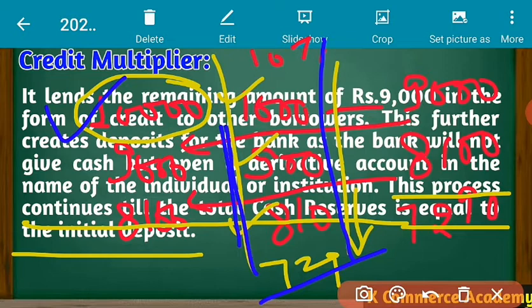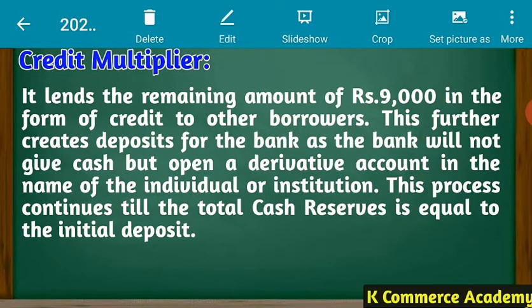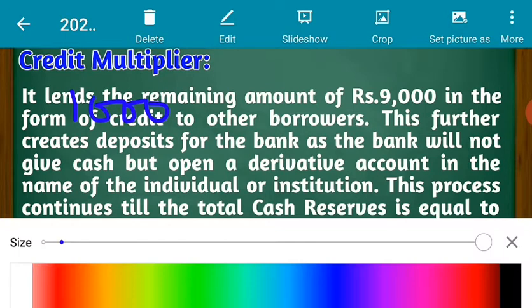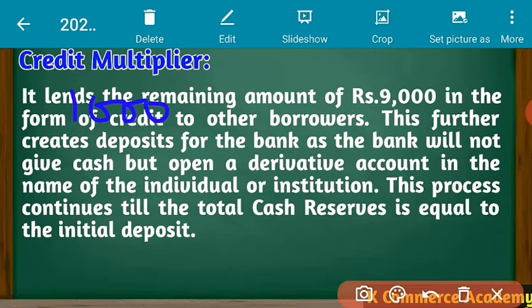सो इसकी सिचुएशन क्या होती है, मैं यहीं पे आप अगर कंसंट्रेट करें तो एक बार समझा देता हूँ आपको. यहाँ पे हमारे पास में एक अमाउंट था 10,000 which is known as initial deposit. ठीक है, यहाँ पे थोड़ा सा कंफ्यूजिंग हो रहा है, इसको एक बार क्लियर करके हम दोबारा से देखते हैं. We were having the initial deposit of rupees 10,000, of which 1,000 was kept as reserve and 9,000 was given as loan.